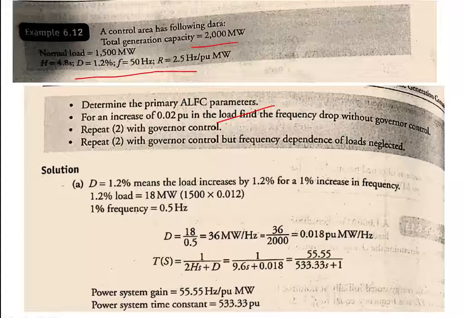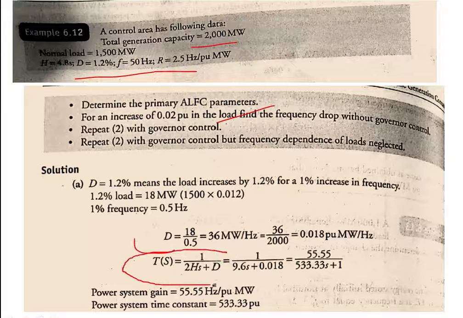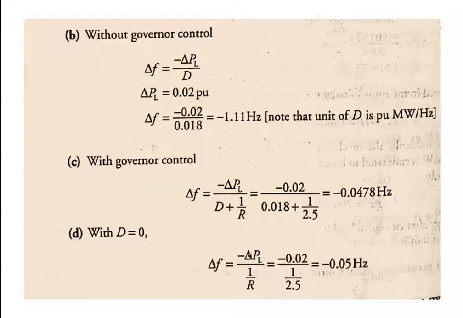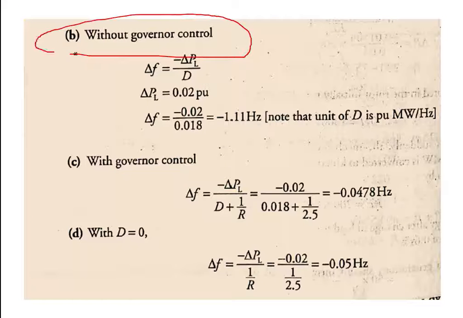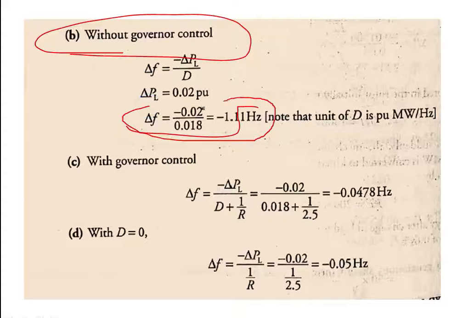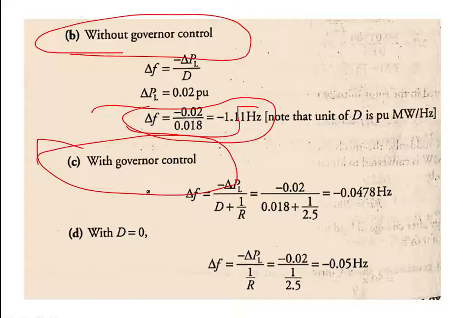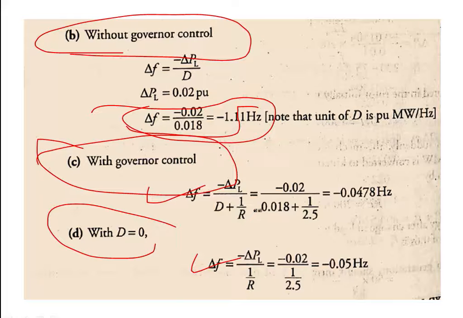So we know that T of S, time scale division, change in time, is given by the equations. Substitute the values, we get the equations. Then without generator control loop, find the frequency. Clear? So you have to find the frequency without generator control. With governor control, find the change in frequency. With D equal to 0, you have to find the frequency. Here, 1 by R2, why do you consider this equation? Because the regulating characteristic is only with respect to generator 1. That's why I have to use only the individual formula.